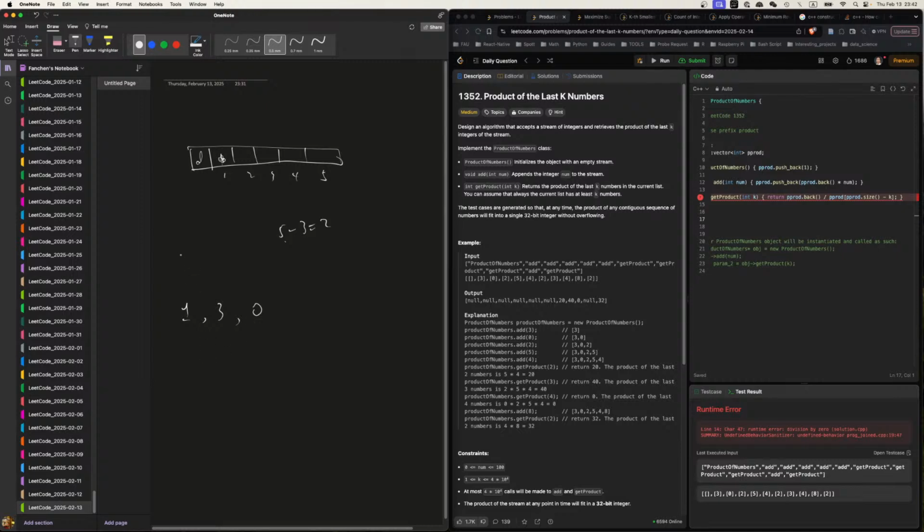So I probably need to indicate where the position is for 0. So now I save the position of 0. How do we know if a stretch will include 0? Good question. How do we know?